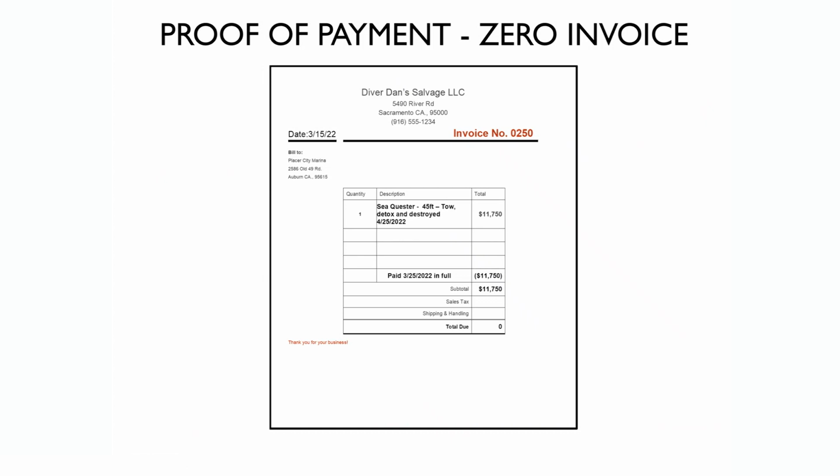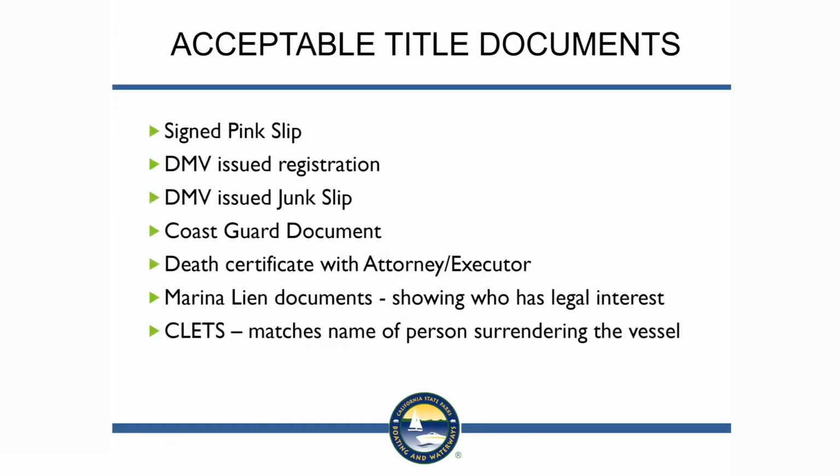The next document will be proof of title or proof of legal interest. Let's look at what is acceptable for title or proof of legal interest. A signed pink slip, a DMV issued registration, it does not have to be current, a DMV issued junk slip in the name of the person surrendering the vessel, the Coast Guard document, this is a 2-page document, and the signature on the second page must be from the person listed on the first page,